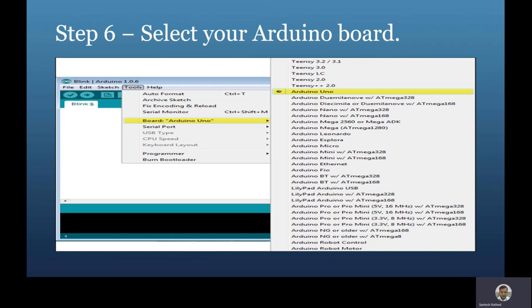It depends on which board you are using. If you are using the Arduino Leonardo or the Arduino Micro, whichever version, you have to go to the Tools menu option, select Boards, and then select the appropriate board that you are using. Here we are using the Arduino Uno board.